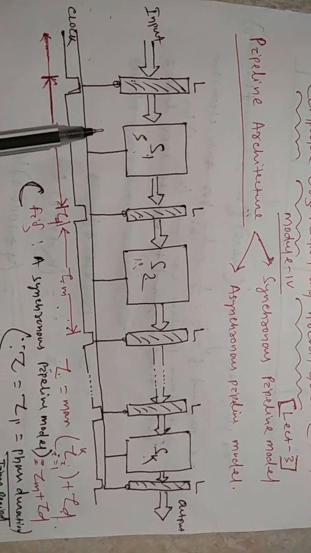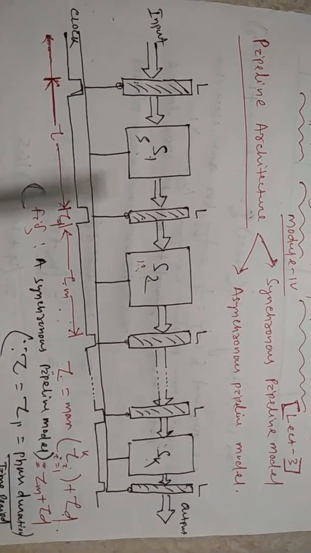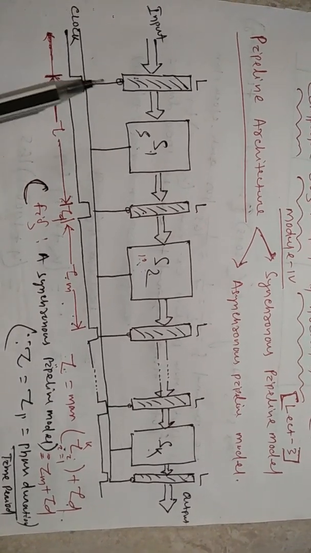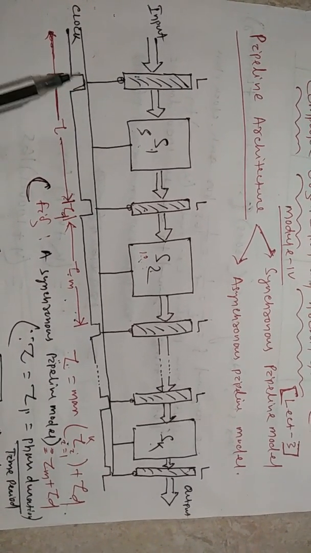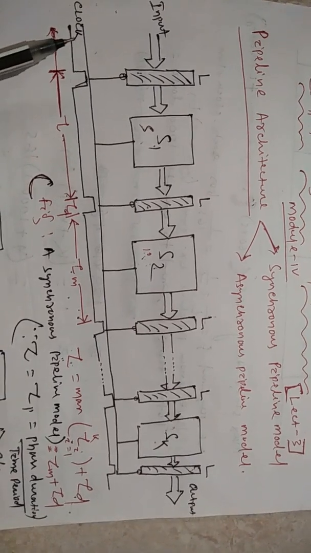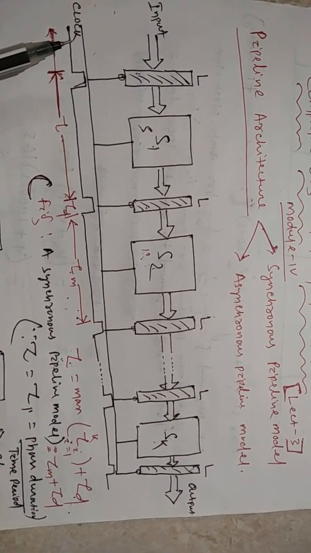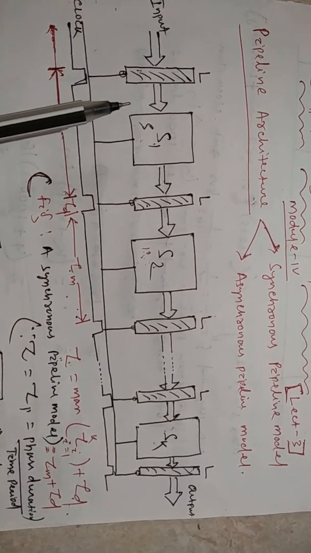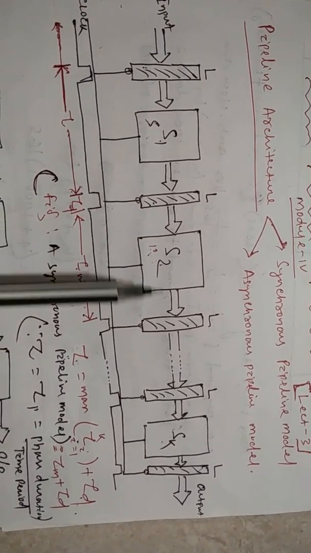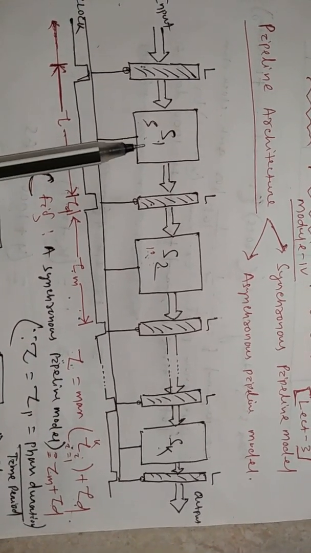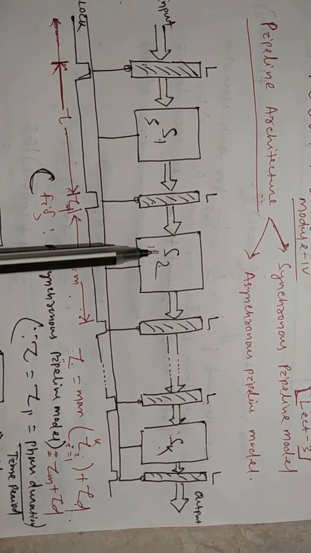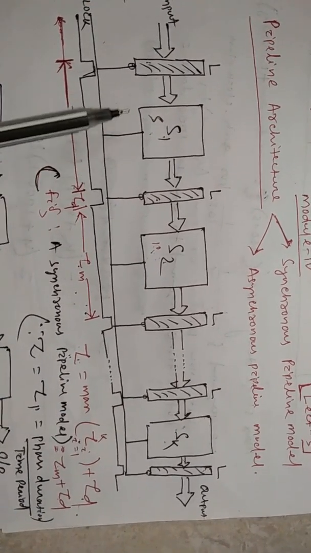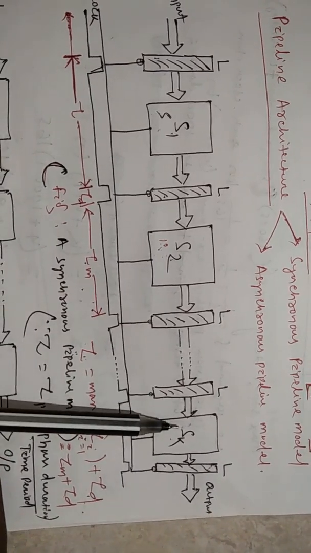This is the synchronous pipeline model architecture. Here there are a number of latches and a number of stages, and each stage and latch is connected with a unique clock, and each latch is synchronized with its different phase or stage. Look here, this is stage number 1, this is stage number 2, and this is the kth stage, or you can say phase number 1, phase number 2, and the kth phase of this